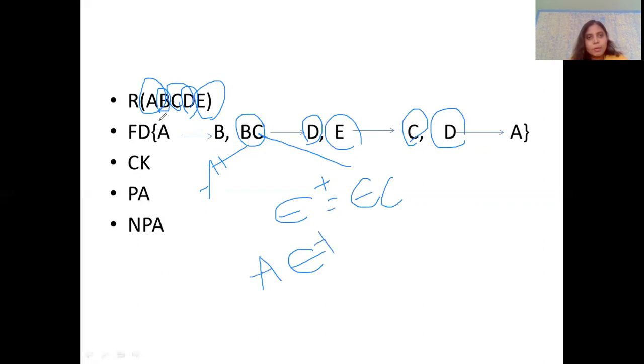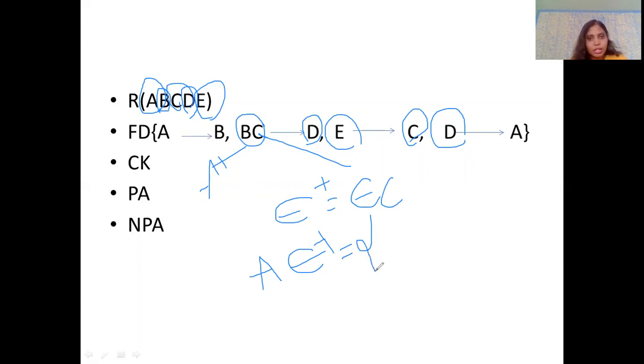If I take a single attribute and find the closure, you cannot get the remaining attributes. If you try for all the attributes present here, you cannot find it, because this E is not present in any of the RHS. If you try, you won't get it. That is why I'm telling you: follow this trick. Check which attribute is not there on the RHS, add the remaining attributes along with that attribute, and try to find the closure. So you can save time in the next examination.